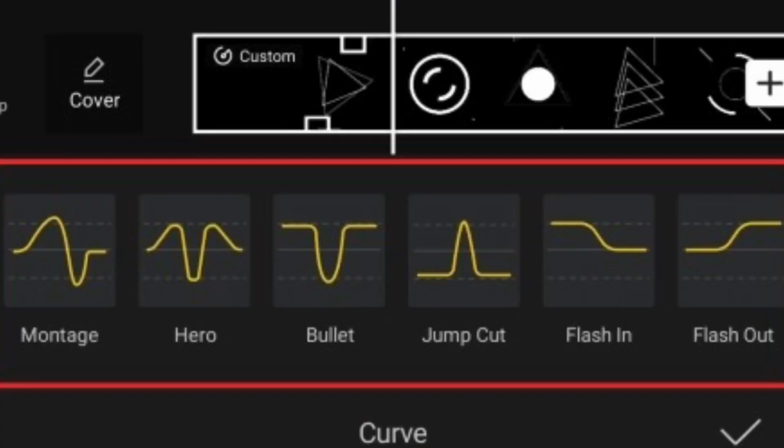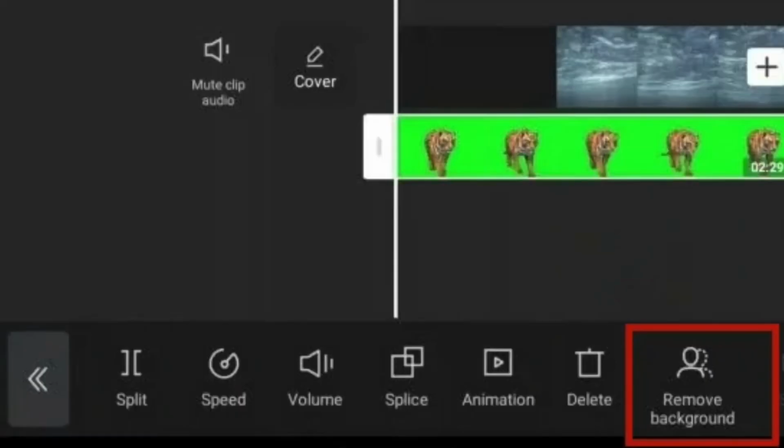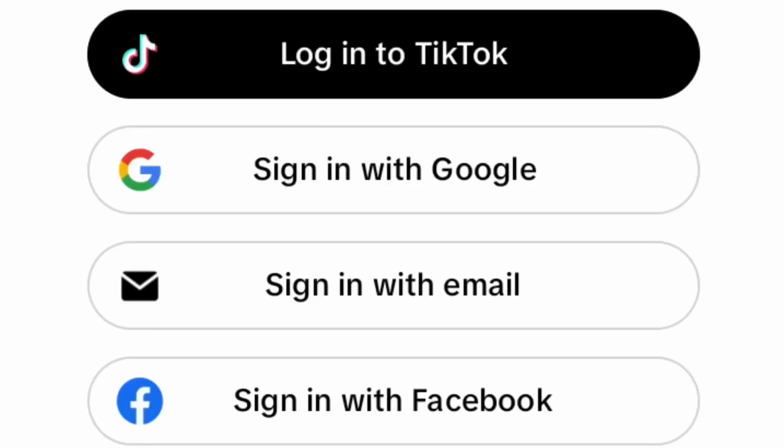But don't let that fool you. CapCut has surprisingly advanced features like keyframe animation, speed ramping, and even background removal, which is insane for a free app. Now, is it perfect? Not exactly. If you need pro-level color grading or multiple-layer timelines, CapCut might be limited. Also, while it is free, some of the coolest effects and cloud storage features might require a login, which can